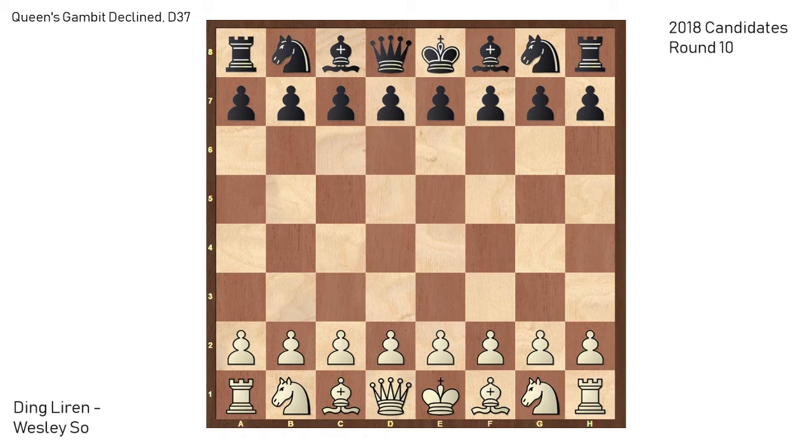And Wesley saw his opponent in today's game, who hadn't had the best tournament of his life, was at 3.5 points out of 9 before round 10 with a less than ideal performance, and he also doesn't really stand a chance for the victory. In this game, Liren kicked off with pawn to d4, and we have d5 by Wesley,